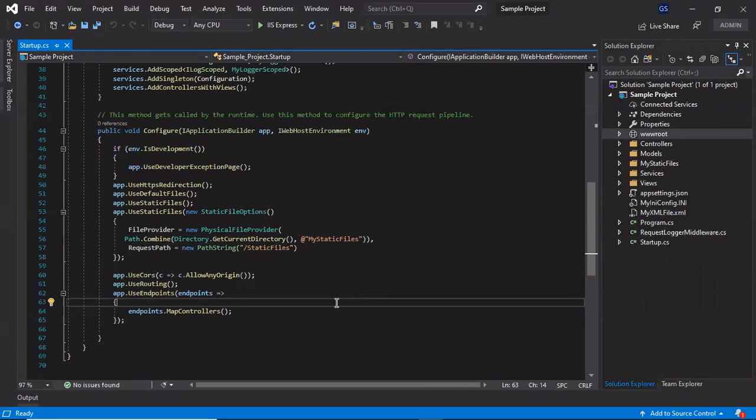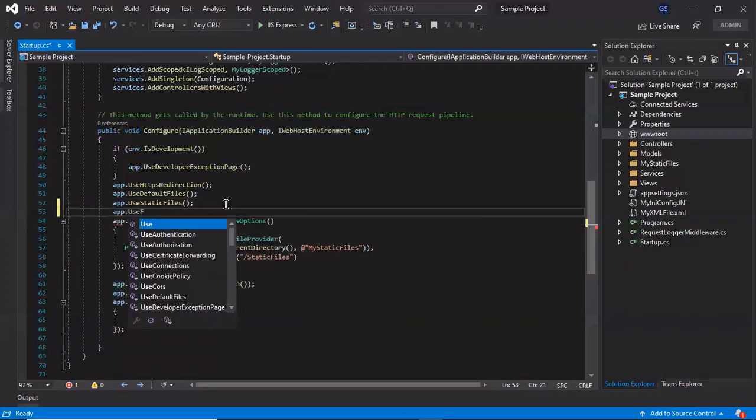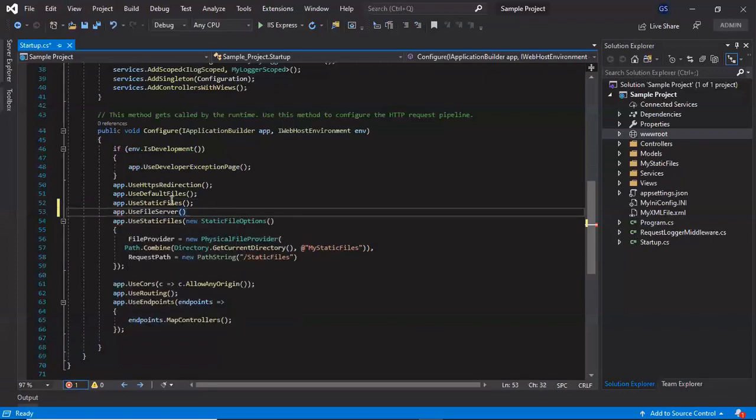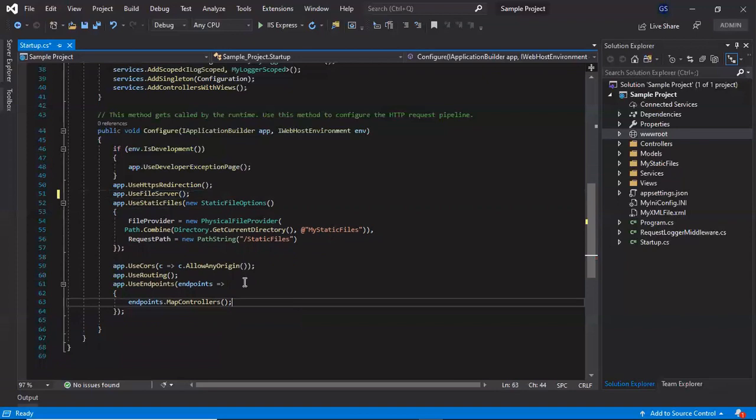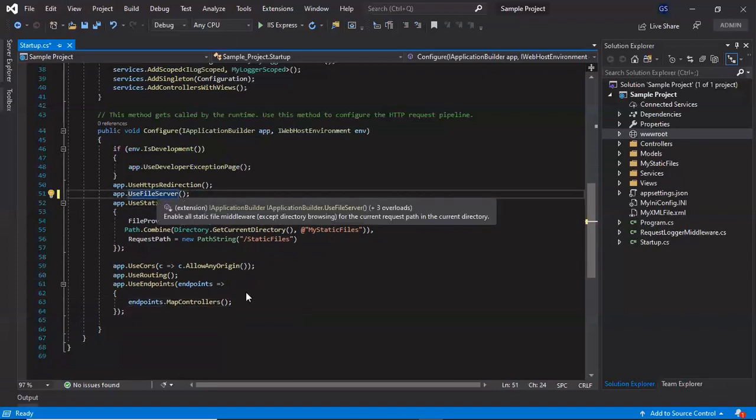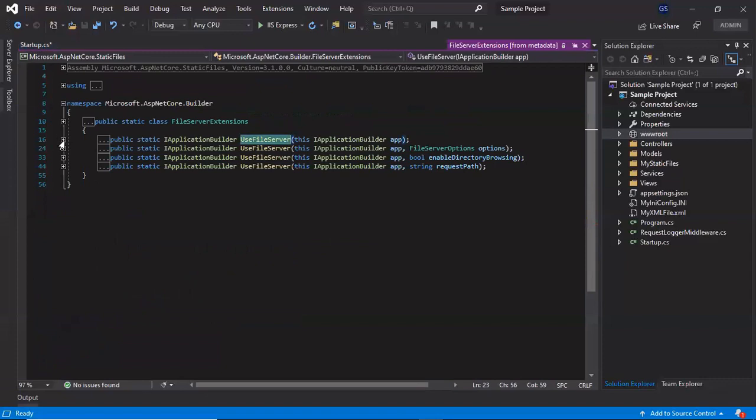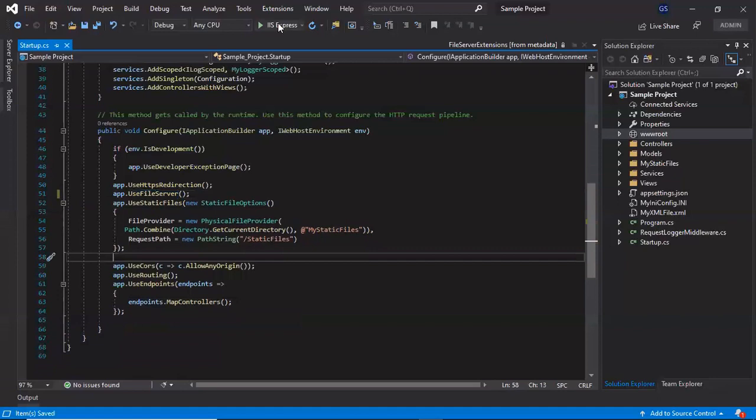Now we have added the default page in our application, which is index.html. But one thing we need to keep in mind is the sequence of these middlewares. The default files middleware must be configured before the use static file middleware. If you don't want to keep this sequence in mind, you can use the app.UseFileServer middleware instead of these two middlewares. So we'll remove these and simply call use file server middleware. It will automatically maintain the sequence of the default files middleware as well as our static file middleware. So let's run and see if our changes are working.